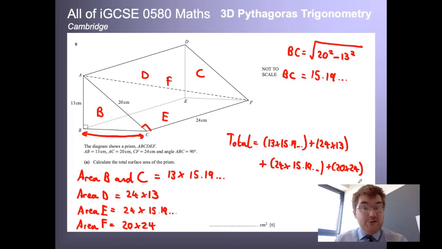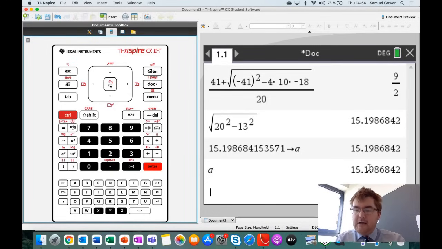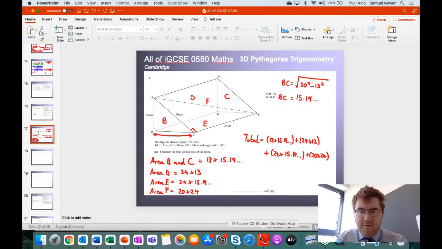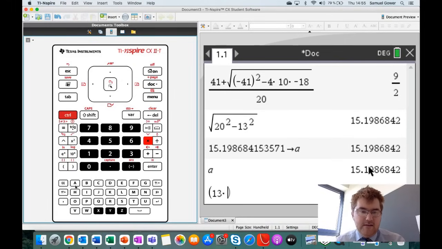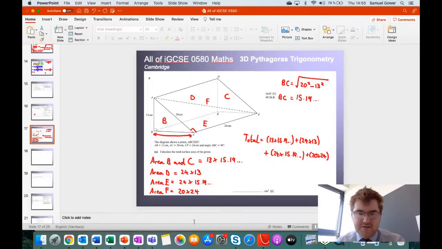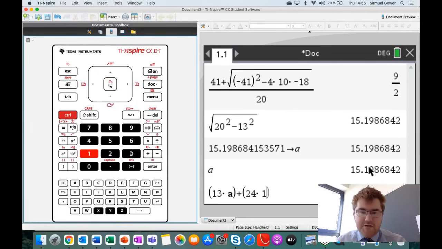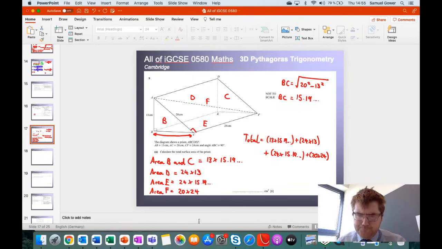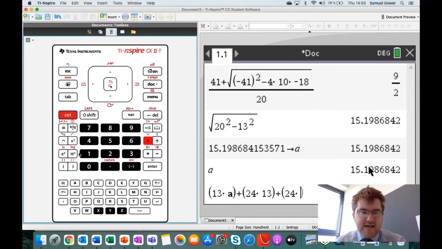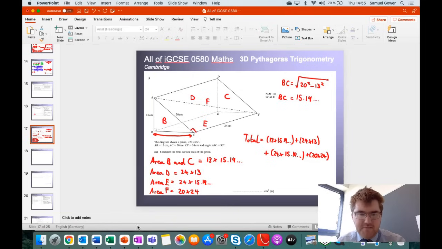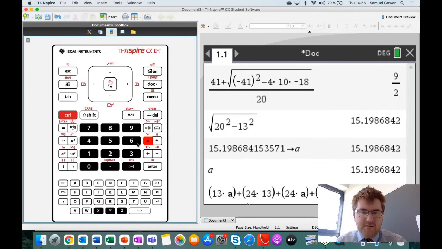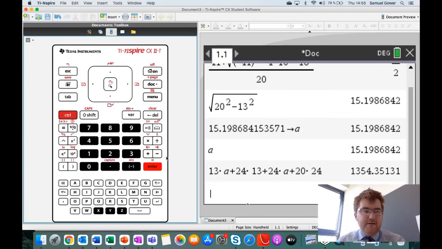Now it's time for my calculator to do its job. Right, now remember I've stored this big decimal as A, so I'm going to use A for that decimal. Let's get started. So we've got 13 times 15.19. So we go 13 times A. Now A is going to come up as a bold letter because I've assigned it a value. Right, now let's look at the next part. So we've got 24 times 13. So just taking my time, making sure I'm typing everything in. There we go, plus, let's see what's next. So we have 24 times 15.19. So let's go 24 times A. Remember A is representing that long decimal. I've got one more to put in here, 20 times 24. Nice easy one. So 20 times 24, close bracket, and then I get a very clear answer of